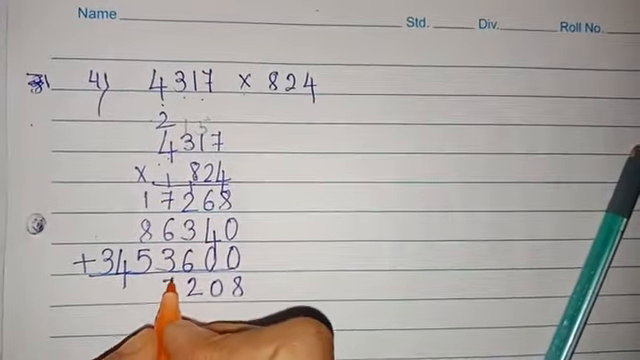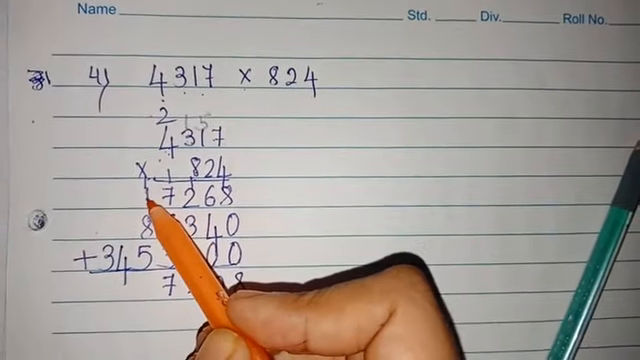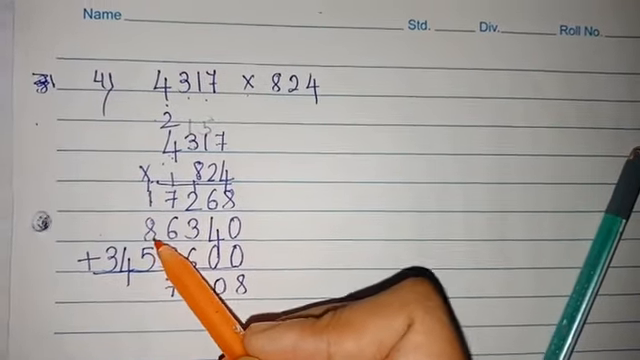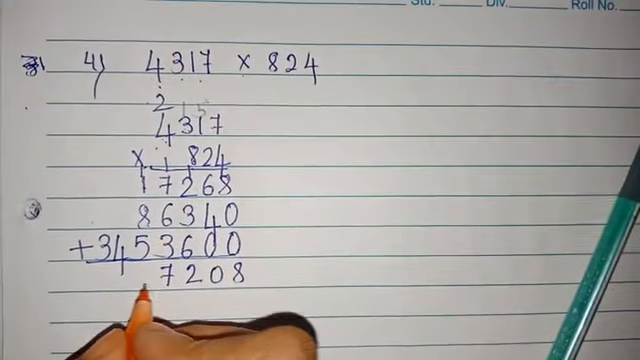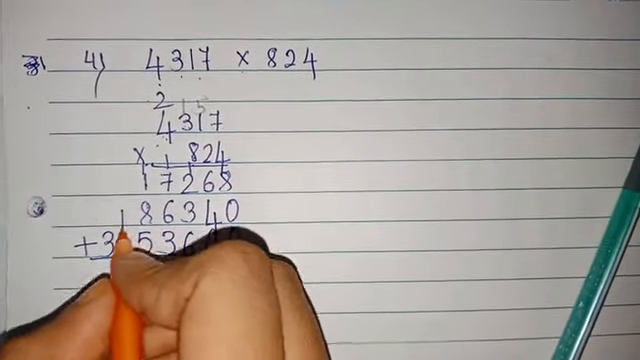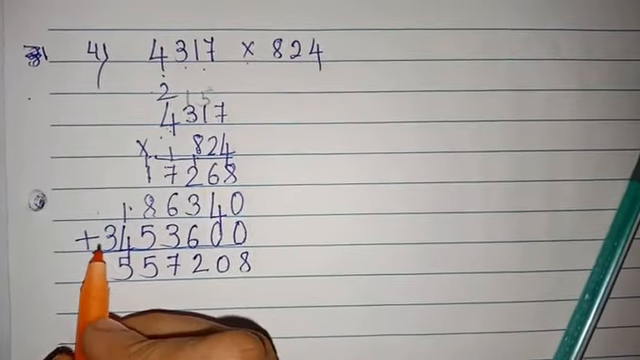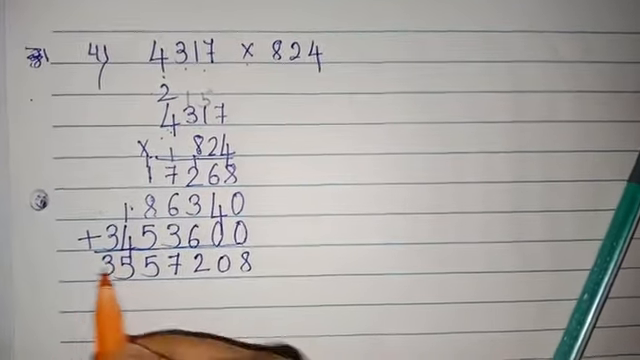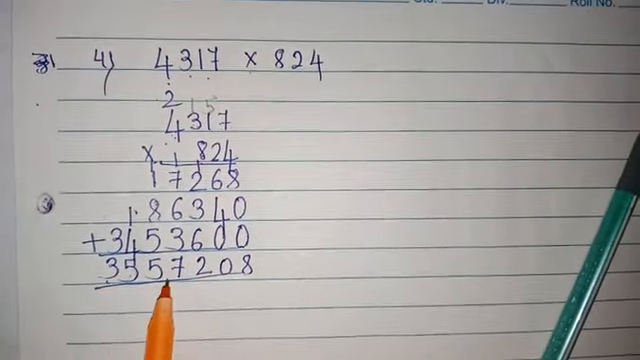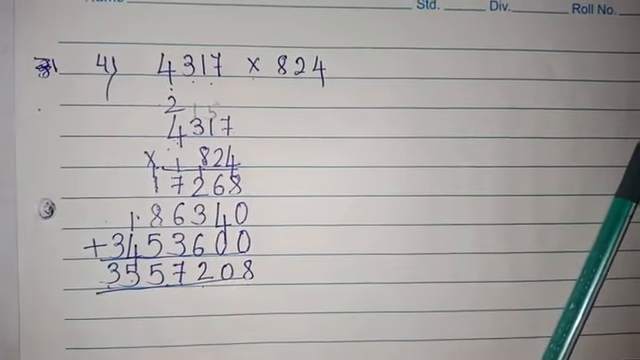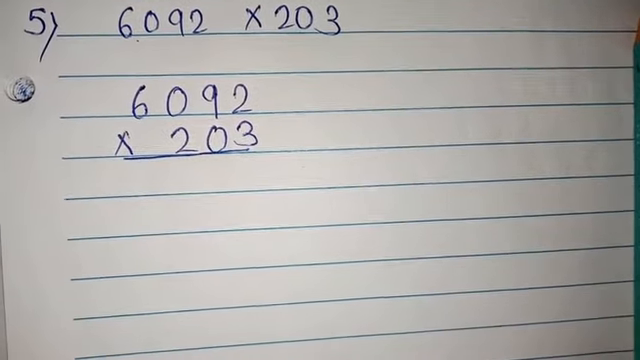So 7 will come here and carry forward 1. Now 1 plus 1 is 2, 2 plus 8 is 10, 10 plus 5 is 15. So 5 will come here and carry forward 1. Now 1 plus 4 is 5 and 3 will come as it is. Done. So we get 35,57,208. Understood? Question number 5 is